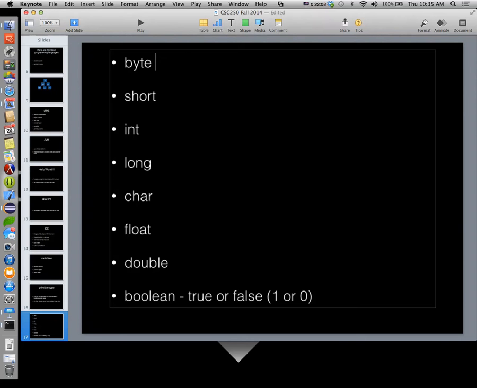All right, so let's go and talk about each of these. Each of these is a primitive type variable, and they're each built to hold a specific kind of value. Remember that Java, as is C#, as is C++, as is C, are all strongly typed languages, which means when we create a variable, we must specify the kind of values it's built to hold. We specify it by saying, I'm going to build a variable of type byte, or of type long, or of type char. Okay, so bytes hold whole integer values.